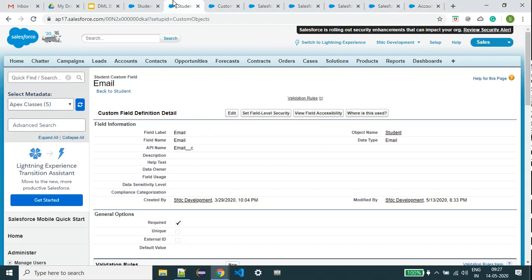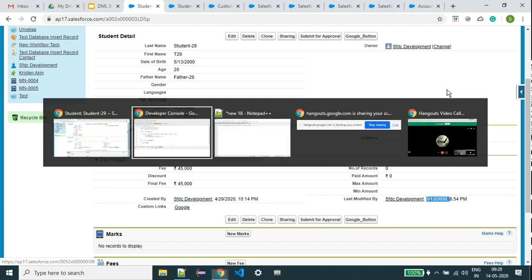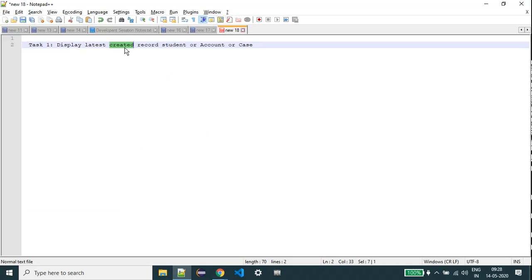See here, this is created by, right? This is the date. This is the modified date. Actually created date is the 29th and modified date is today's date. So you can try this one. Okay, one task is display latest created record. Any object your wish, student object or account or case object.